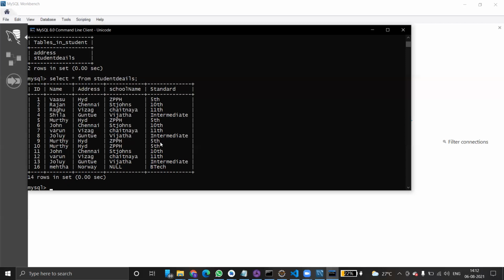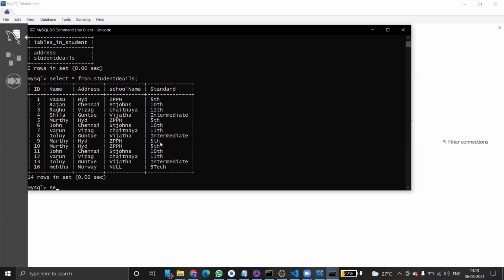How to do that? Okay. So group by is used to group a number of rows with a particular condition. Group by basically comes along with the aggregate functions like count, maximum, minimum, sum, average, and so on. Okay. See, how do you use group by now? In this table, how do you use group by? Tell me. So I want to count the number of students who are studying fifth standard. I just want to count.